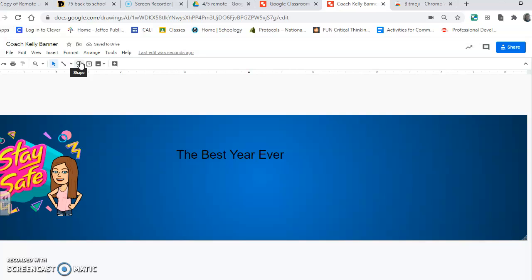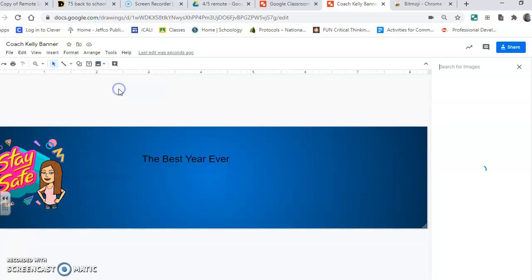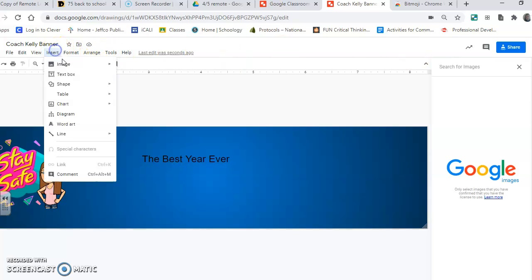The last thing you could do, you could add shapes. Okay, you can add lines. Or you can insert images. On images, you can upload from your computer if you have anything saved. You can search the web over here for whatever it is you're looking for. You can also